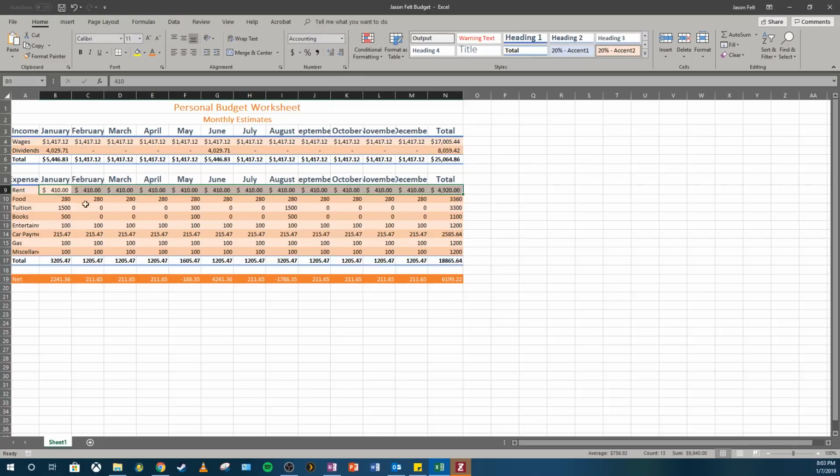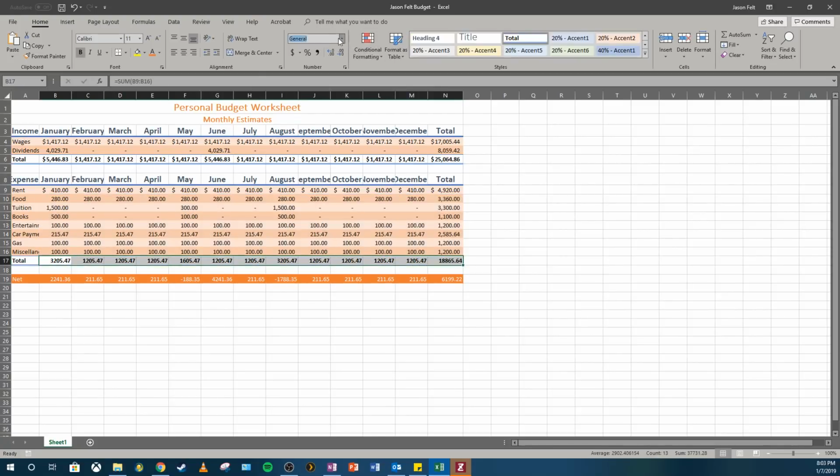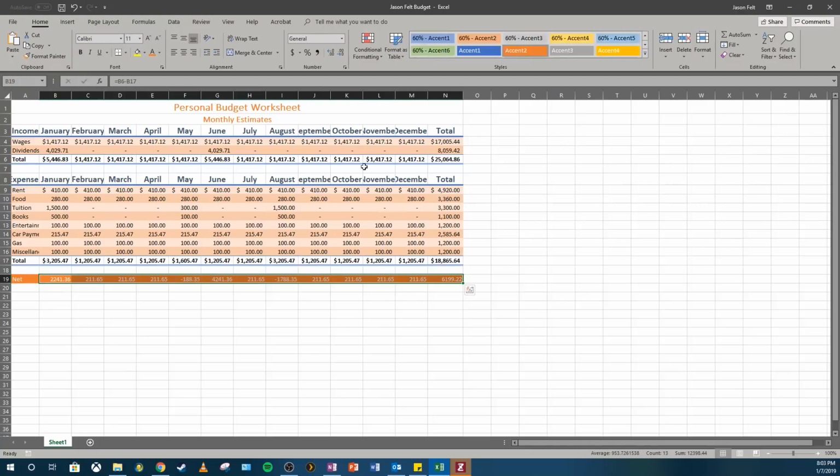Then we're going to do B10 through N16, that chunk of text, comma. Okay. Now we're going to do B17 through N17, accounting. And then B19 through N19,